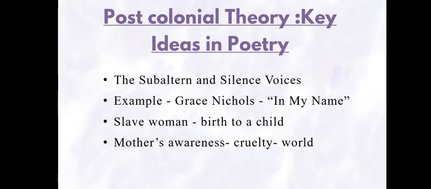In My Name is a poignant poem by Grace Nichols, a Guyanese poet renowned for her exploration of Caribbean heritage, female identity, and the legacy of slavery. This poem is part of her 1983 collection. The poem portrays a slave woman giving birth under harsh conditions, squatting over dry plantain leaves. She refers to her newborn with terms like my seedling and my strange mulatto,